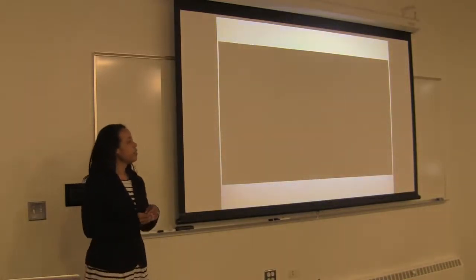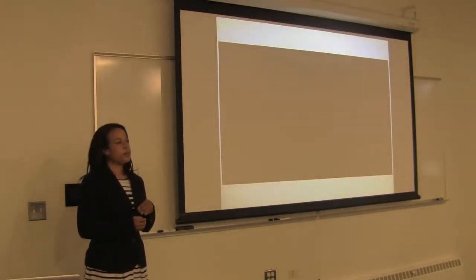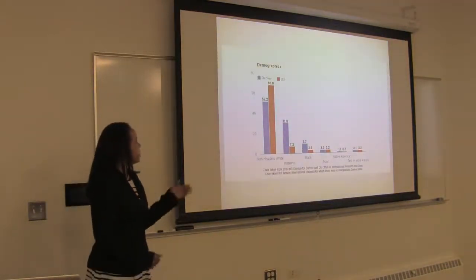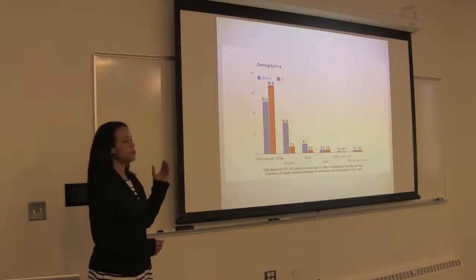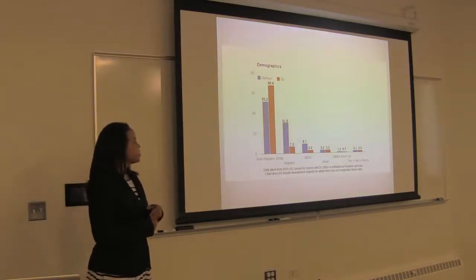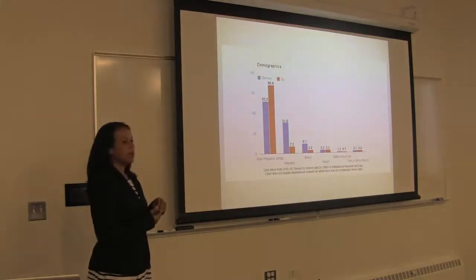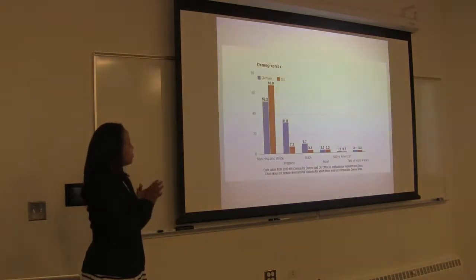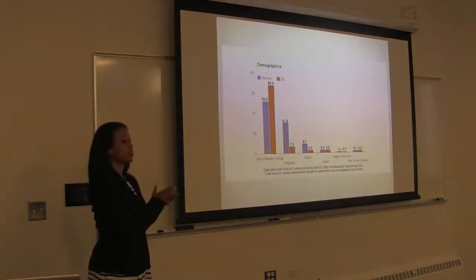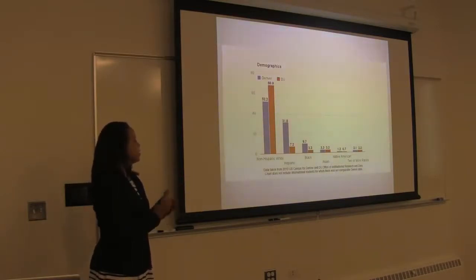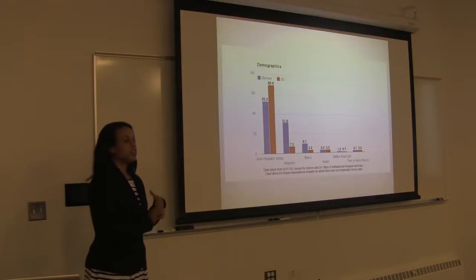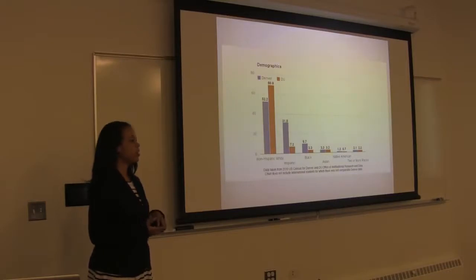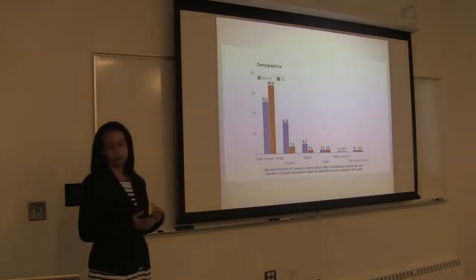So I began to think about why being a student at DU made me think about privilege more. This chart shows the city of Denver ethnic demographics compared to our university. And as you can see, there's quite a disparity. Our campus is about 70% white compared to 50% in Denver. There's a large gap in the Hispanic population, only 7% here at DU versus 32% in Denver as a whole, as well as with the black population. So this could be one of the reasons why I started as a student on campus to really think about privilege more and to think about how it was affecting me.